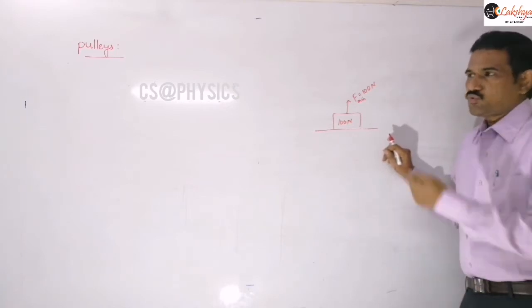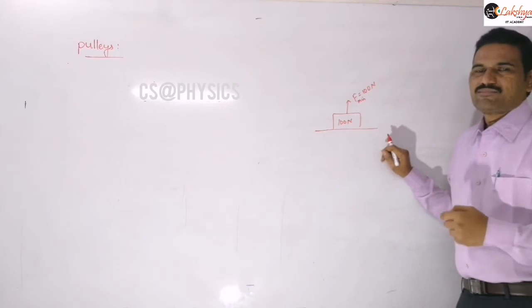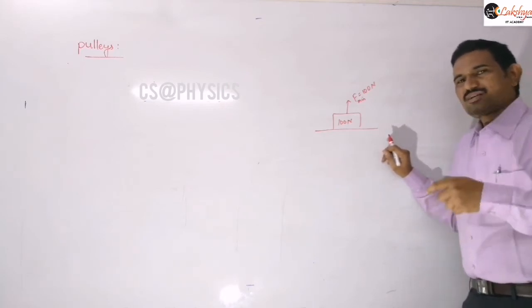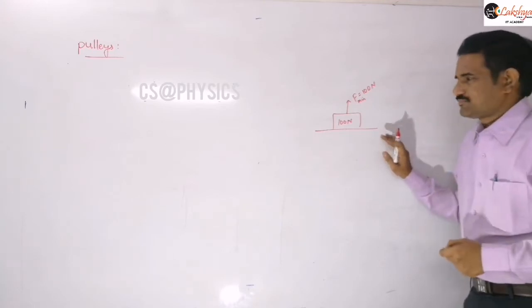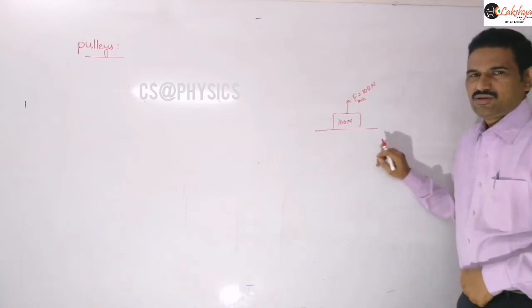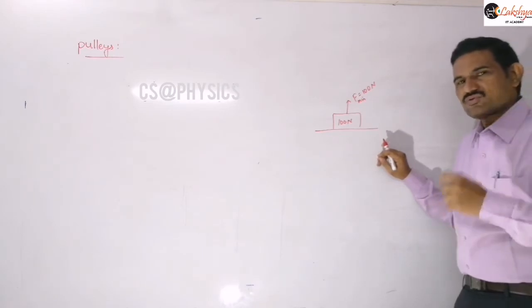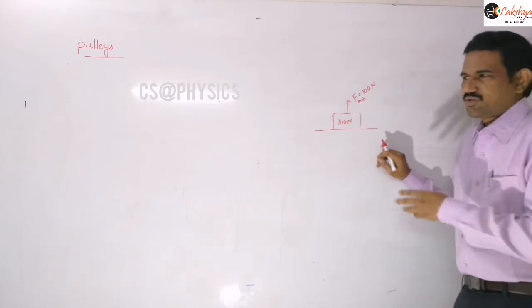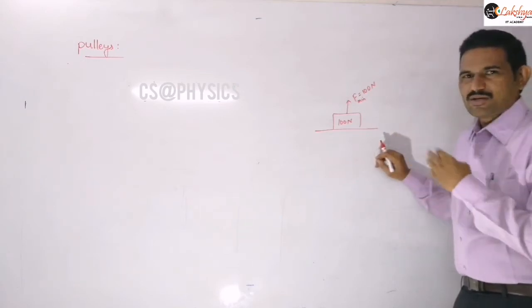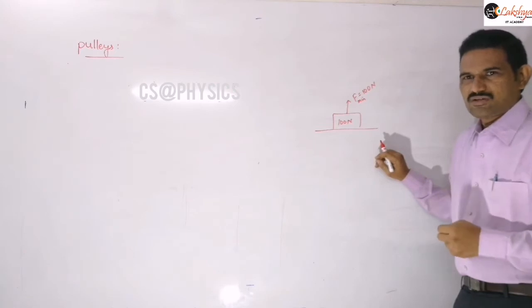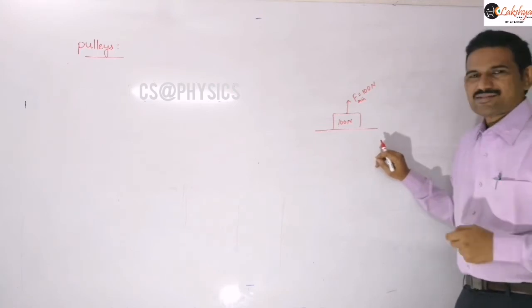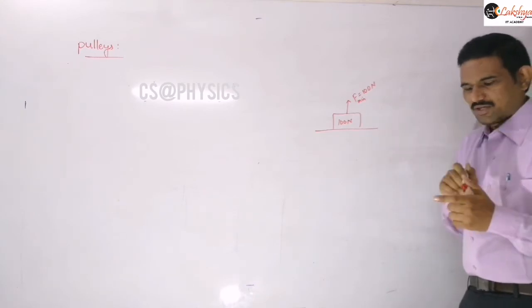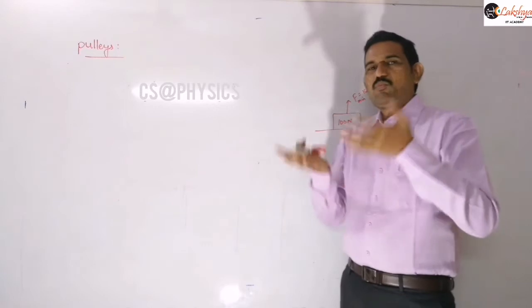But if you are using such an arrangement of pulleys here, we can lift the object by applying a force less than 100 newtons. So by applying a small force, we can lift more weight. That is with the help of the pulley. In the problems I will explain how it reduces the weight of the object. While discussing those problems, you will get an idea. So just remember, that is the advantage of the pulley: by applying a small force, you can lift more weight.